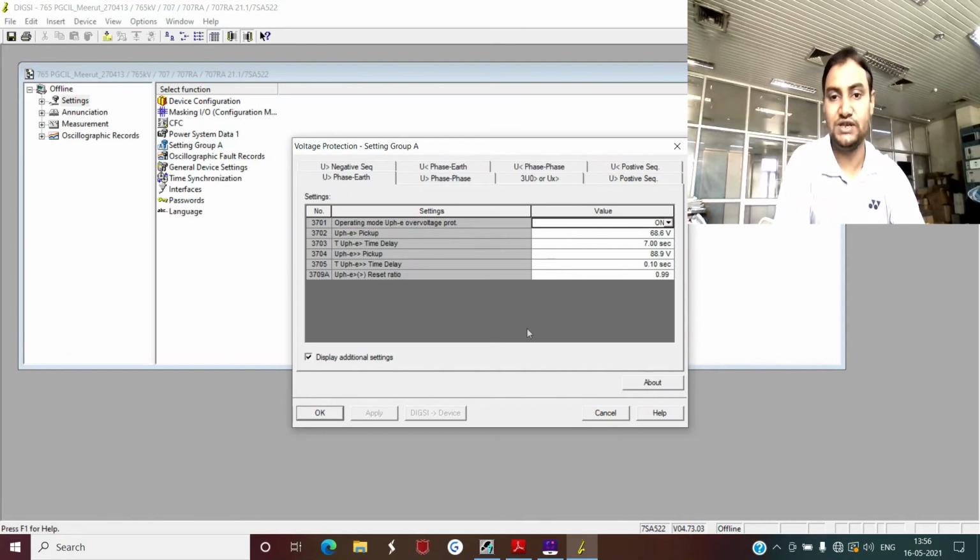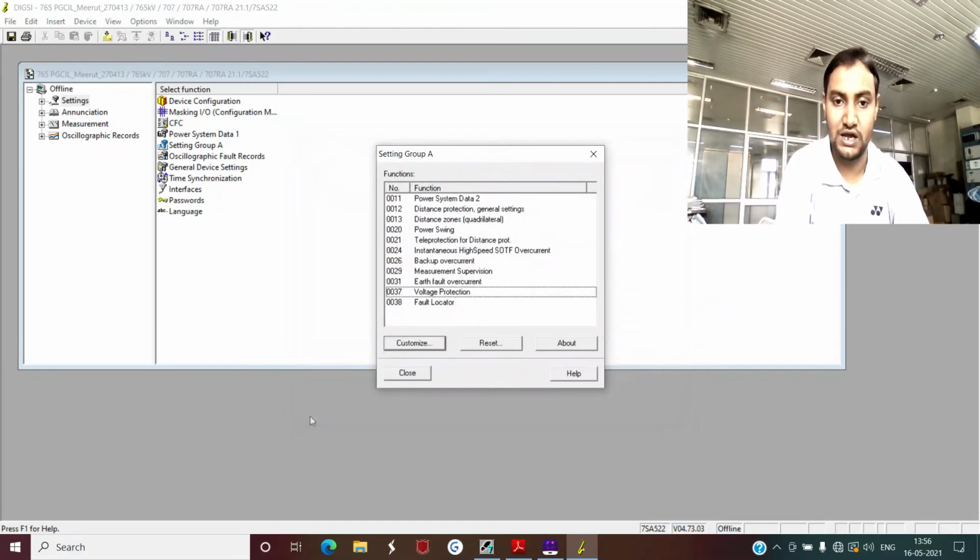If you set this value at a lower magnitude, suppose 0.98 or 0.95, then once your magnitude goes from 100 to 101, the relay will pick up. But now if your voltage reduces even to 98, your relay will not drop off, and its timer will keep on increasing, and after the elapse of 7 seconds, even though your system voltage is at a lower magnitude, it will issue a trip command. So there are chances of incorrect operations. That's why it is set as high as possible, but we cannot set it at 100 or 1, because then the relay cannot decide whether it has to pick up or drop off. So that is up to this point.